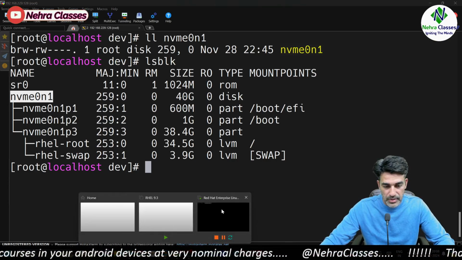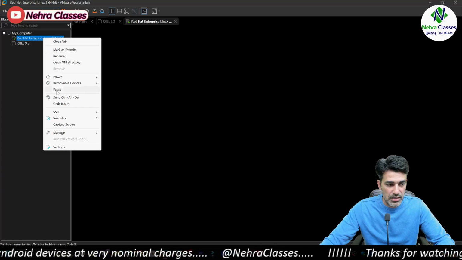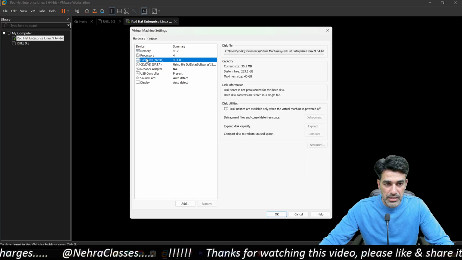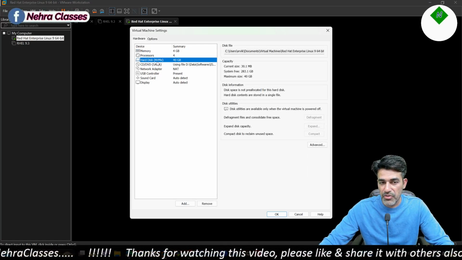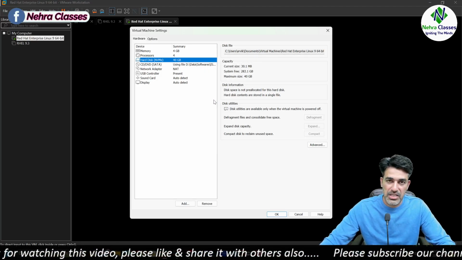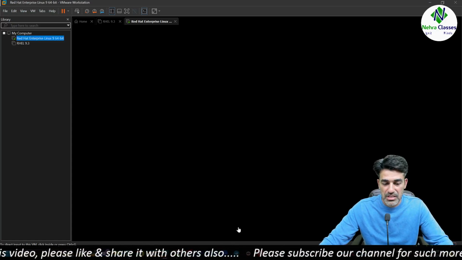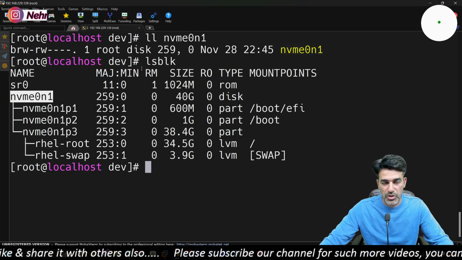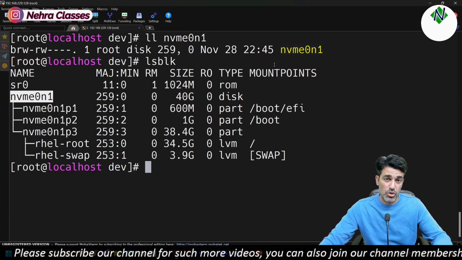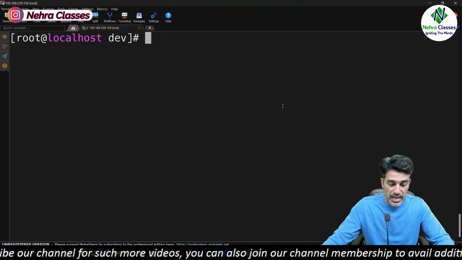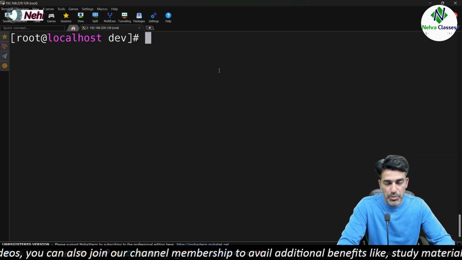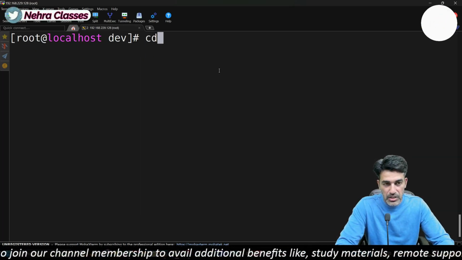Let me show you where I can show you this. Let me go to the settings of this virtual machine, and you can have a look at this. This is the hard drive, NVMe type hard drive, which is of 40 GB capacity, which I attached at the time of the installation. So it is the same disk here which is showing up in the output of the lsblk command. The same disk is actually showing up in form of a file in the /dev directory. So all the hardware components we can check there in the dev directory. So as I mentioned earlier,